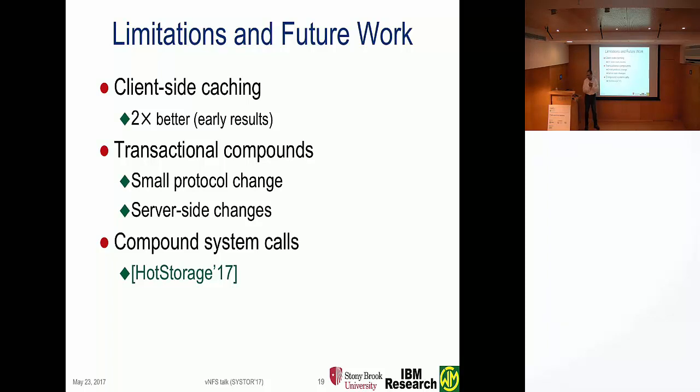That will be interesting to think about. But this is something we're working on, because we think that if you want to really make the most out of this idea of compounding, you have to basically allow a new system call API that would somehow let users pack more things into a single message and not basically issue a bunch of individual system calls. And if you do this, then you can translate that end-to-end all the way to the server, to the storage, and all the way to the server if your storage is far away.